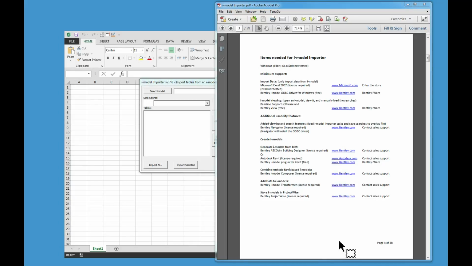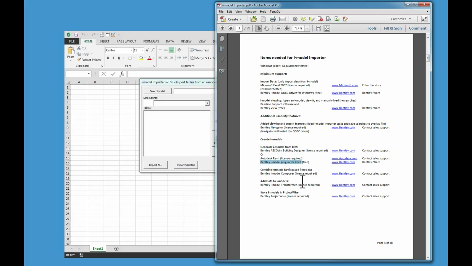If you don't have the iModels, but they send you a Revit file, or if you have OpenBuildings Designer, you just do export or save as to an iModel. With Revit, you have to load the iModel plugin for Revit and then export the files. A couple tricks on this: